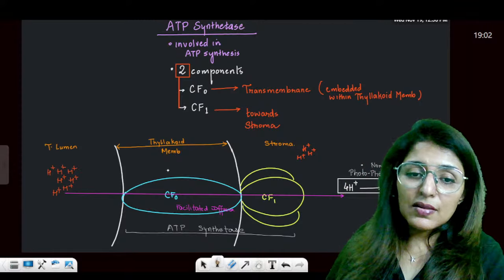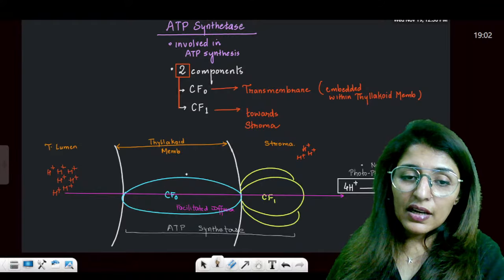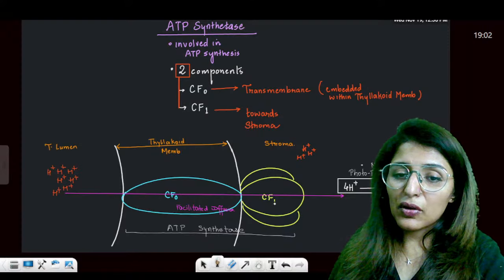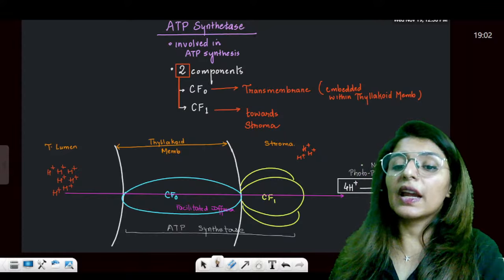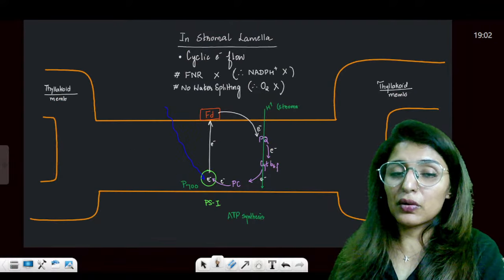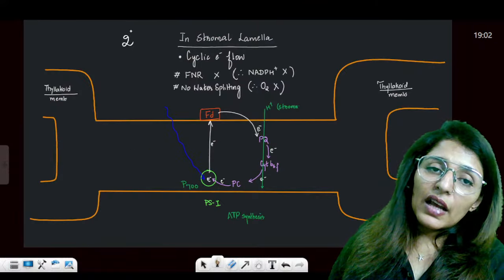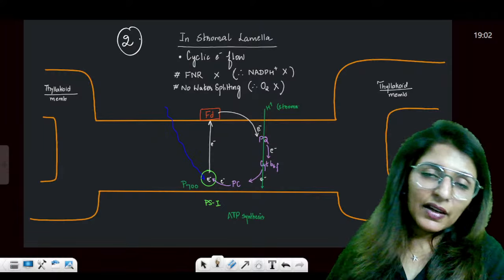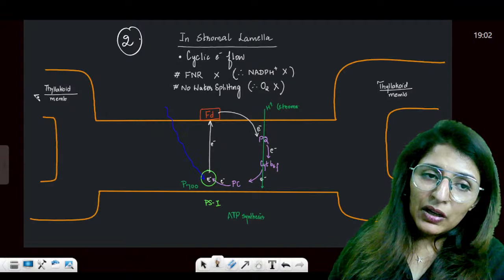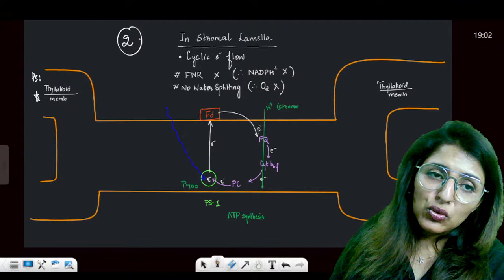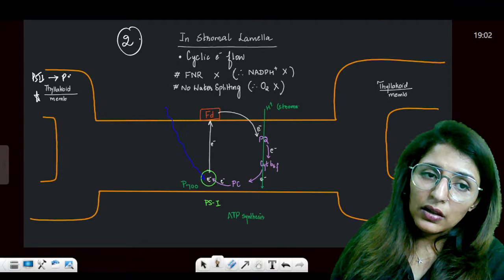So ATP synthase, we have already understood, has two components, CF0 and CF1, and how does it help? For every 4 H positive ions passing through, 1 ATP molecule will be produced. Now see the second part of the light reaction. While we have seen things happening in the thylakoid membrane already, which has PS2 as well as PS1,